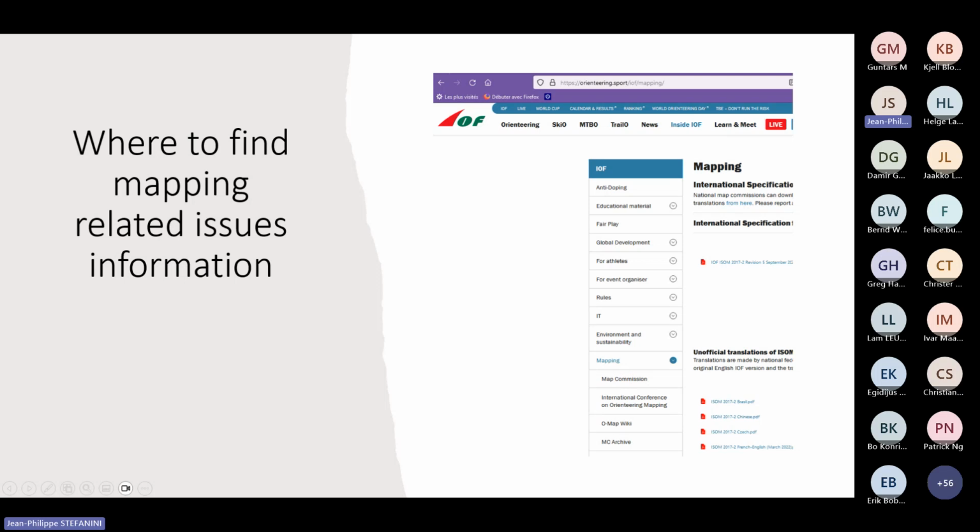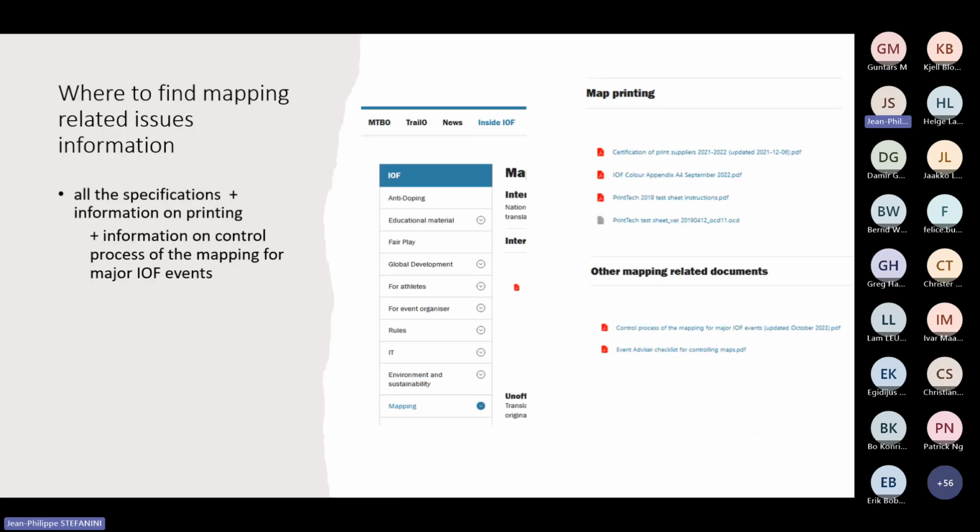And within this mapping section, there are finally 3 parts. On the mapping, you will have all the specifications, and on the bottom of this page, you have information on map printing and information on other mapping